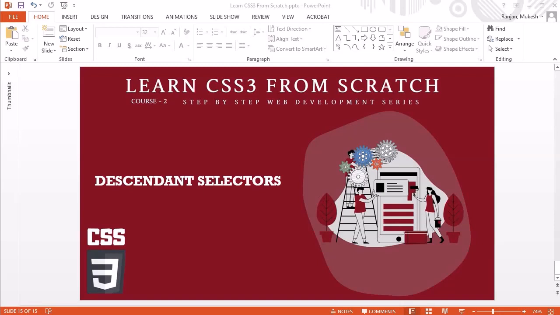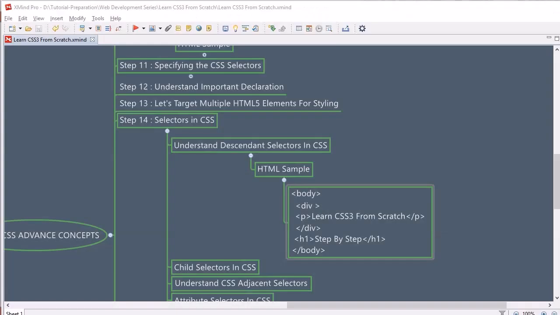In this session, we are going to learn about descendant selectors. So let's jump into the topics to learn about what descendant selectors are. So we are into the topics. Let's start our discussion. Here you will find that we have an HTML sample document where you